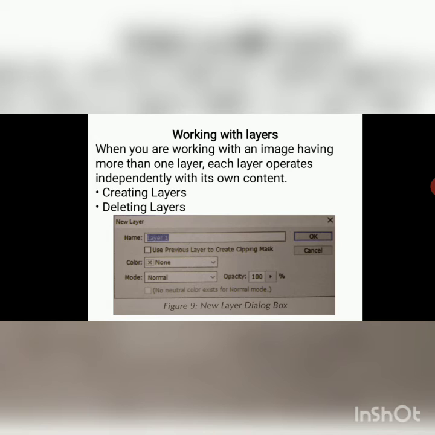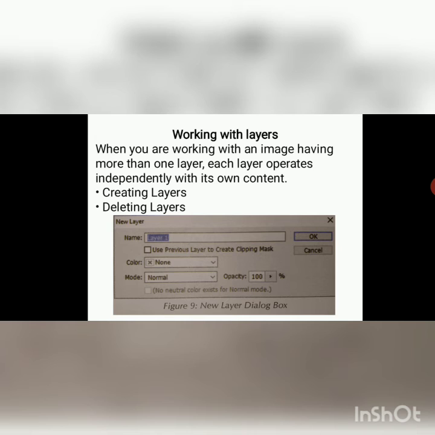First is creating a layer, second is deleting a layer. For creating a layer, go to the Layer menu, select New, then Layer, or you can press Shift Ctrl N together, or you can press Alt and create a new layer on the layer palette. Then the layer palette provides the New Layer dialog box.